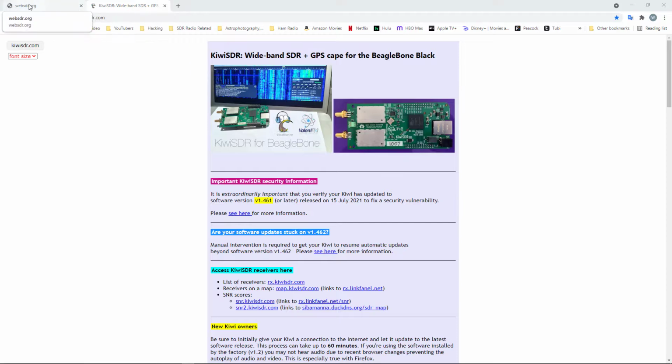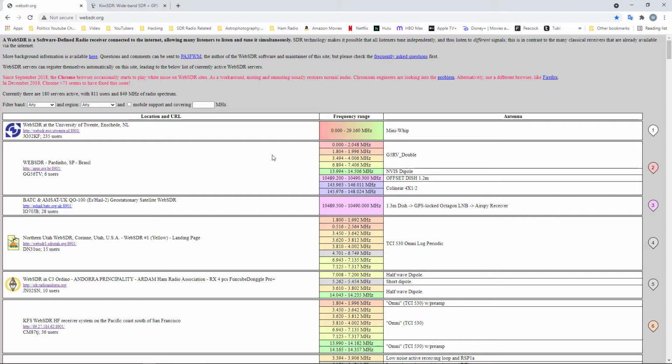probably two of the biggest online SDRs. The first one is websdr.org. So I'm going to go flip over there. And as you can see, here's one here.